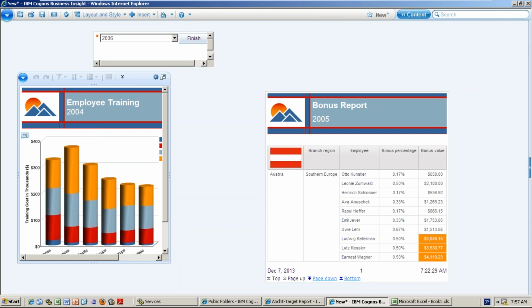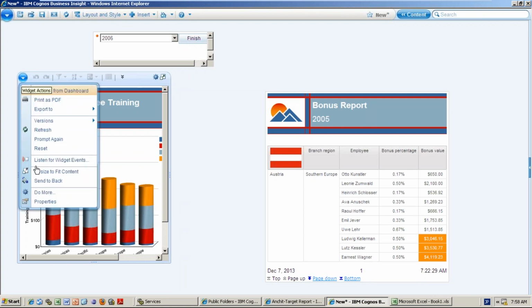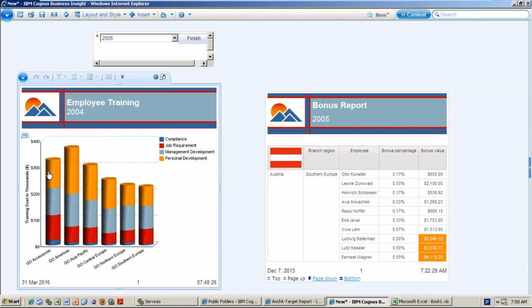Because it will try to fit everything in. Yeah, you see this. Resize to fit content, because whatever the amount of data is there, up to that it will expand.